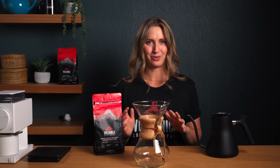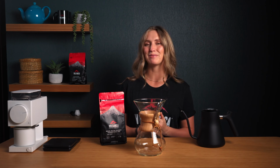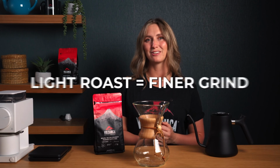Let's consider light roast coffee. Lighter roasts are more dense and harder than darker roasts. This means that it's harder for water to penetrate the coffee particles and extract those flavourful compounds. Therefore, when you're using a lighter roast for a pour-over coffee, it's better to use a finer grind. The smaller coffee particles increase the surface area that comes into contact with the water, which facilitates more efficient extraction